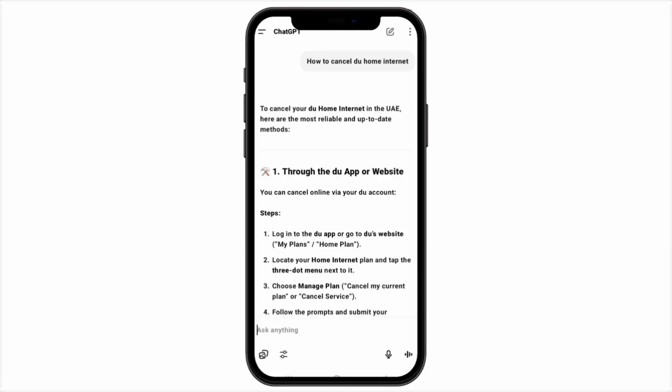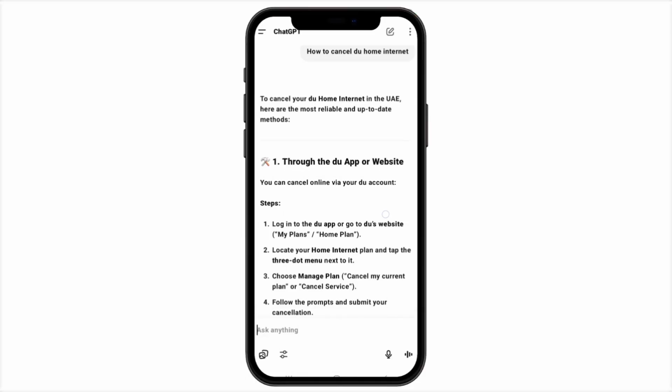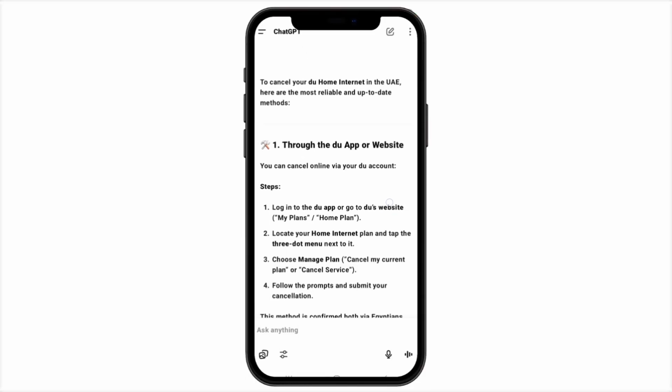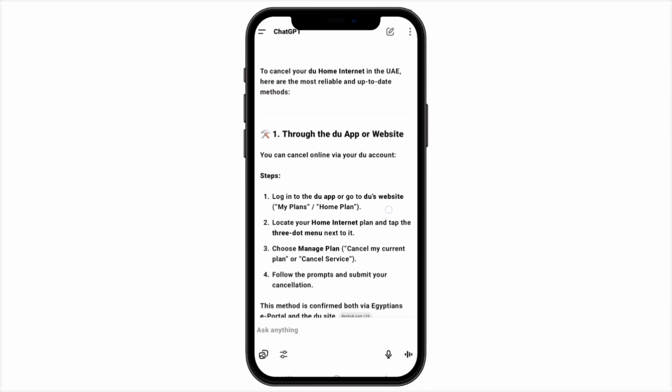Just check out this, guys. How to cancel to home internet. What does it say? To cancel your to home internet in the UAE, here are the most reliable and up-to-date